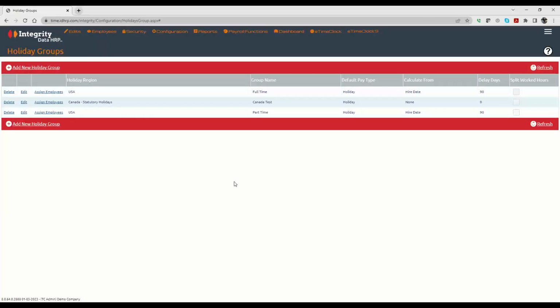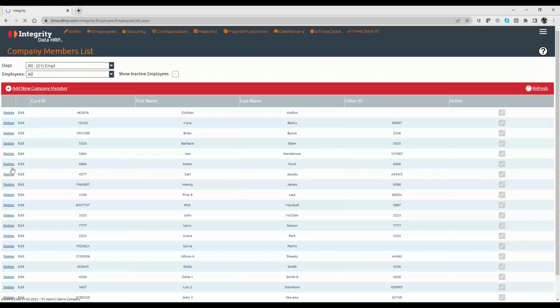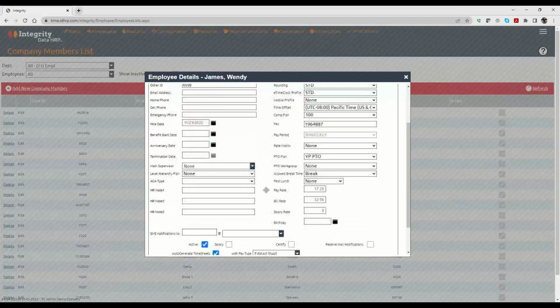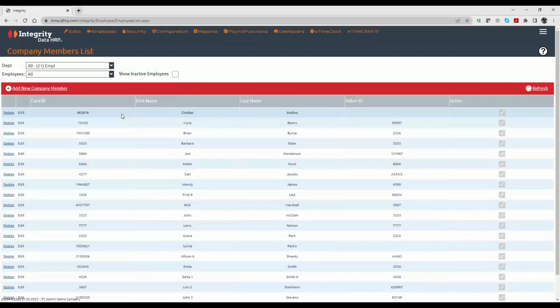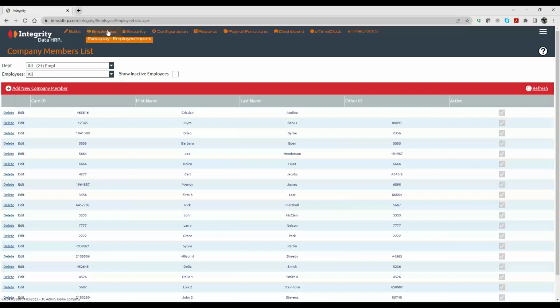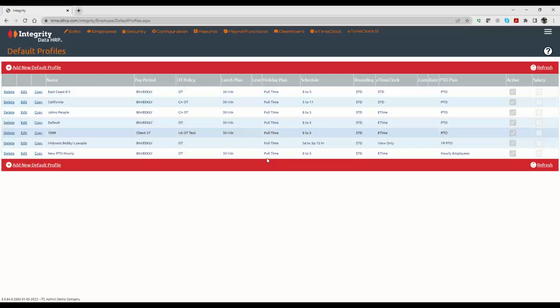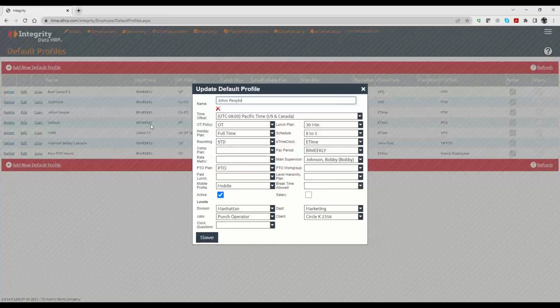Now, the other areas for the holidays that you need to maybe change, in the employee details, like anything else, you can edit a specific employee and change their holiday plan or any of the other things individually. But when you're adding employees, be it manually through here or through HR, we want to make sure our default profiles reflect the policies that are needed. So we see everybody here has got full-time policy. Well, let's just edit John's people